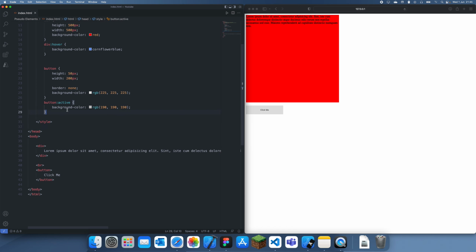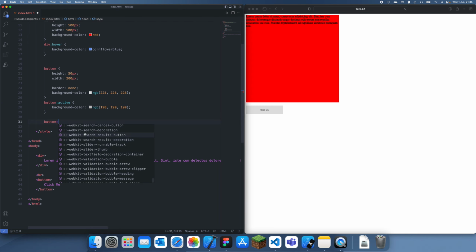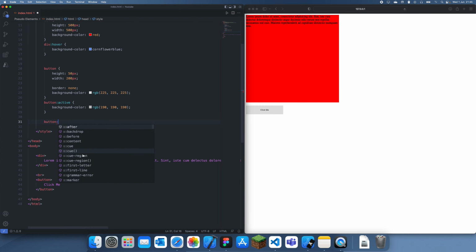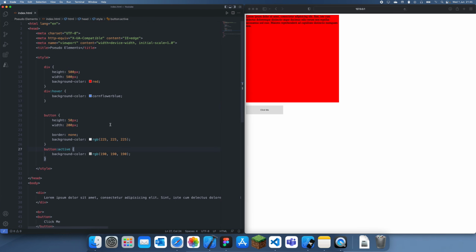There's actually a lot more, but I can't really cover all of them because, as you can see, if I reference it, there are just so many. A lot of these are repeats, especially the ones down here, but still there are so many. So I might make another video covering most of these pseudo elements, the important ones. But for now, the ones you're going to use most are probably